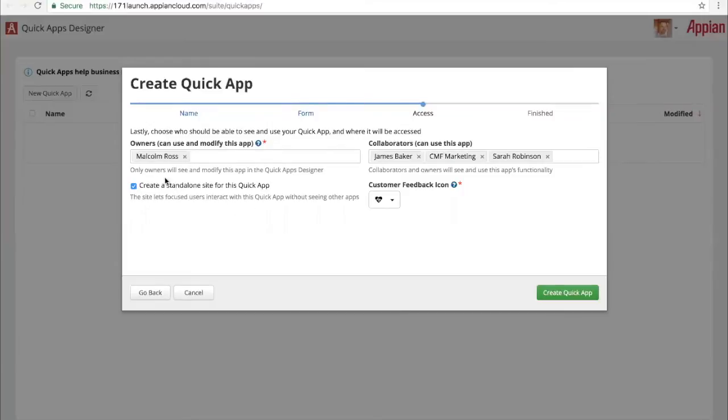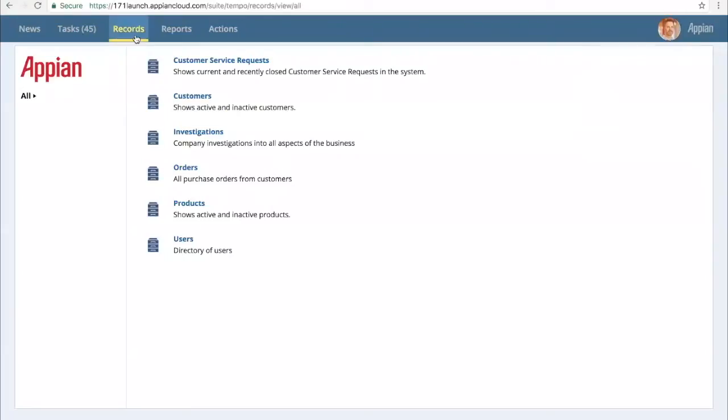I have a last choice here that I can choose to either create this as a standalone application, or I can actually publish that to my overall Tempo experience. That's actually going to do both here. So while that's working, what that's going to do is go ahead and build an entire application for me. Now, as we see this publish, it's going to build that right inside my records environment, publishing all the CRUD actions for capturing customer feedback, viewing it, managing it, as well as reporting upon it, collaborating upon feedback, and assigning tasks in the context of those feedback items.